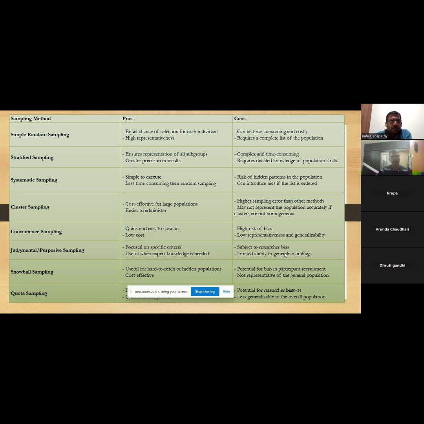We are talking about cluster sampling. Then convenience sampling. Convenience sampling is, for example, if we are doing research in our OPD, and we are taking the patients whoever is coming with neck or back pain, that is called convenience sampling, because we don't go for the population, or we don't go everywhere in the city. We are sticking to one place and